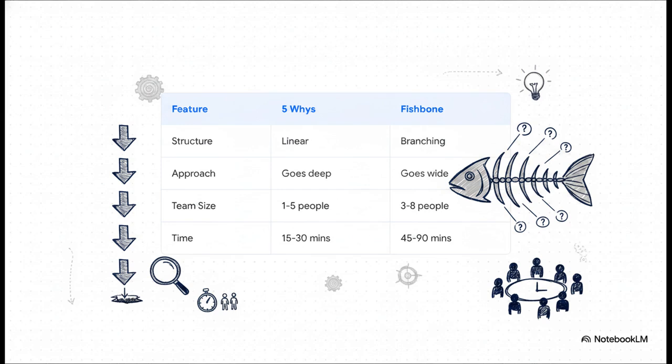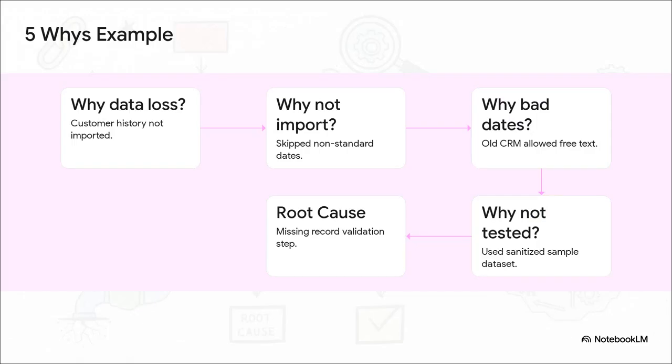Basically, use the fishbone when the root cause is a total mystery, and grab the 5 whys when you've got a clear starting point that just needs some deep digging. Let's actually walk through a practical 5 whys example, step by step, just to really cement this. Okay, imagine your customer support satisfaction score just completely tanked because a recent CRM software migration caused some massive data